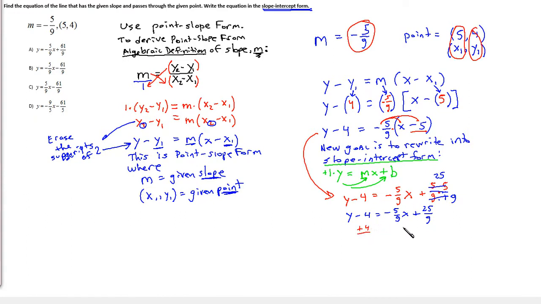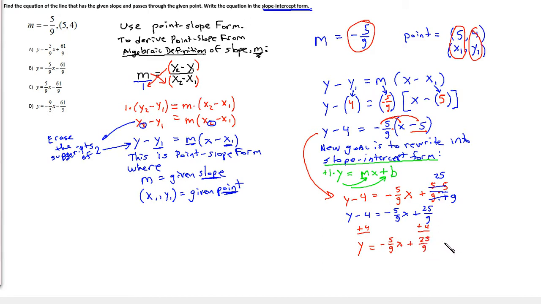We need to make sure that all constants appear on the right side, added to the x term. So at this point, what we have is negative 4 plus 4 is 0. That leaves us with y equals. We're really close to being done now. At this point, we're going to take 25/9